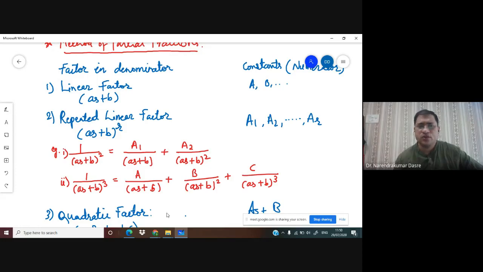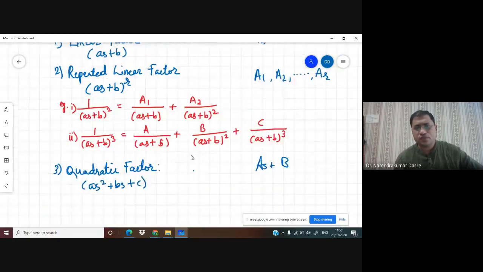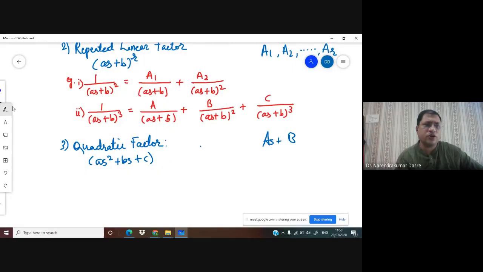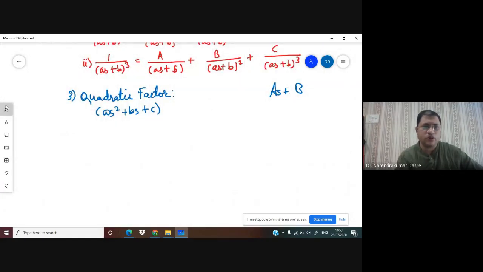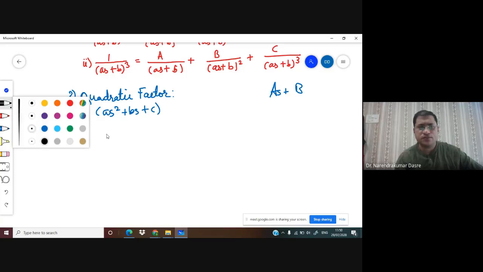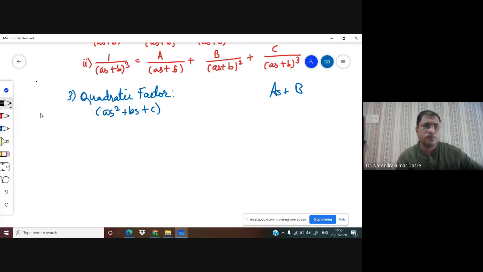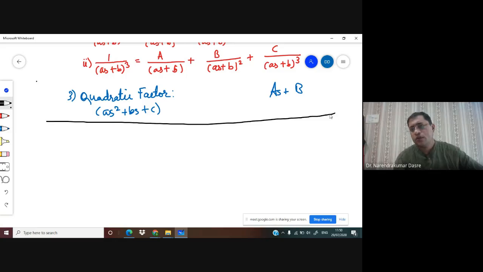So this numerator I have to choose and find out the value of the constant or whatever the terms in the numerator. Okay, in case of repeated only, I have written like this so that easily you can understand. Now when we solve the problem, it will be more clear to you how we are going to use this. Are the formulae clear to you? It will be more clear as we go on solving the problems. So you got the idea of how to choose the constant or the numerator. Okay, so we'll go with the example.